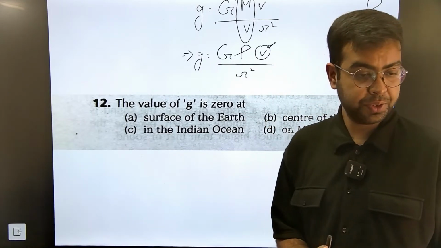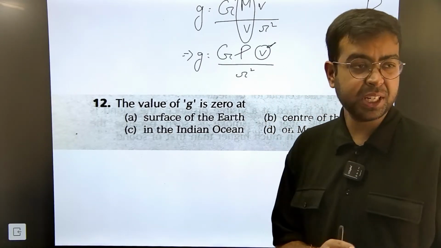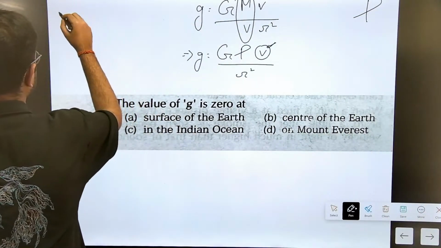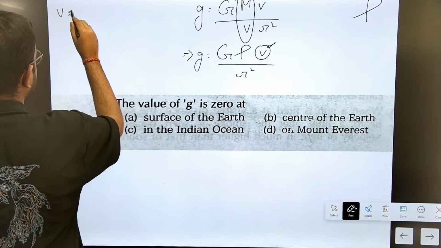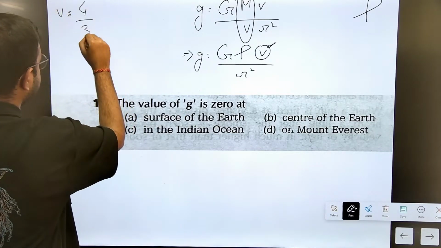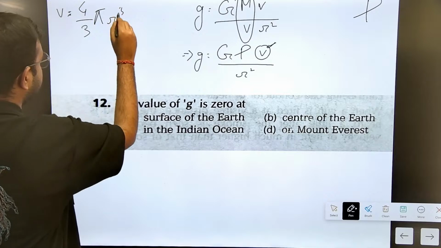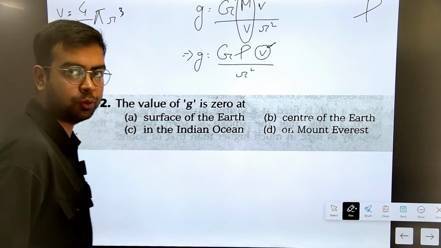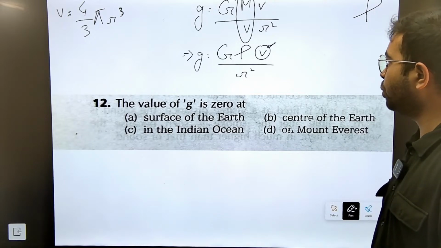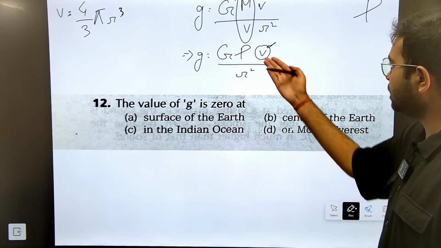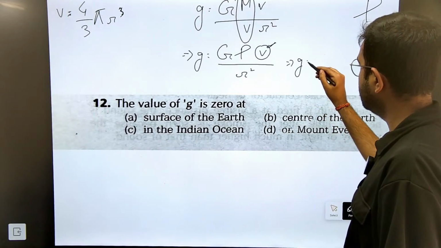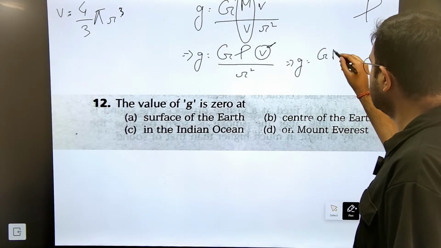Now see, regarding volume, this particular V. Earth is a sphere. We all know that. Okay? Not a perfect sphere, but near about a sphere. So what is the volume of the Earth? The volume of the Earth can be written as volume of a sphere. The formula is 4 by 3 pi r cube, right? 4 by 3 pi r cube. Now, what we need to do is just replace V with this formula. g is equal to